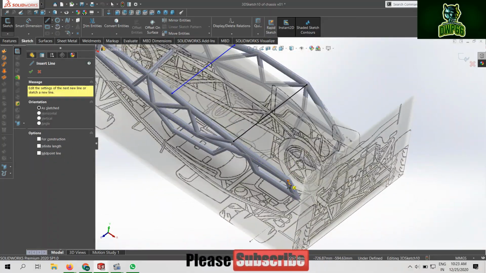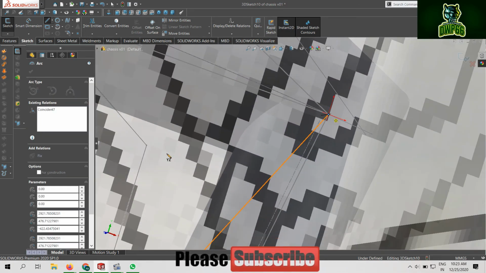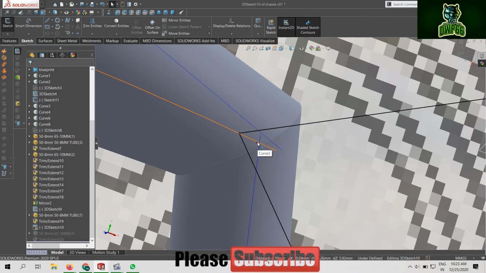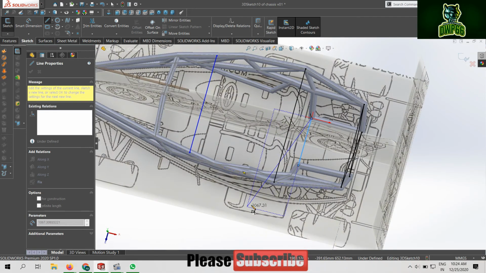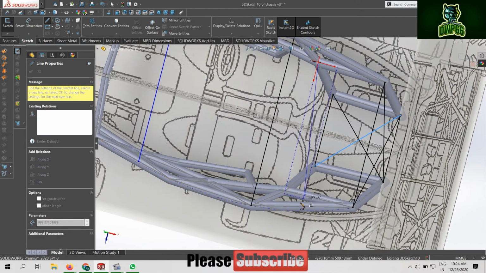Now you need to connect endpoints both horizontally and diagonally. Do this for all endpoints. While watching, it might seem confusing to you, like what's going on here. It's nothing complex, trust me. You just need to join endpoints both diagonally and horizontally. Same goes for rest of the endpoints.